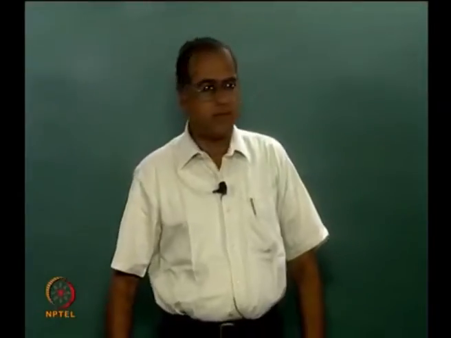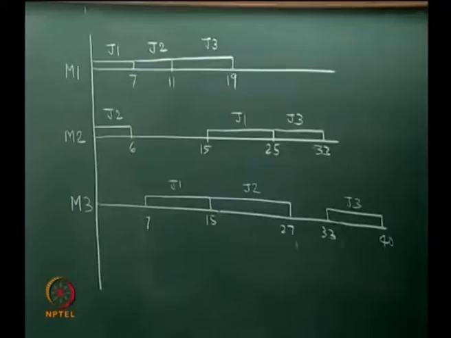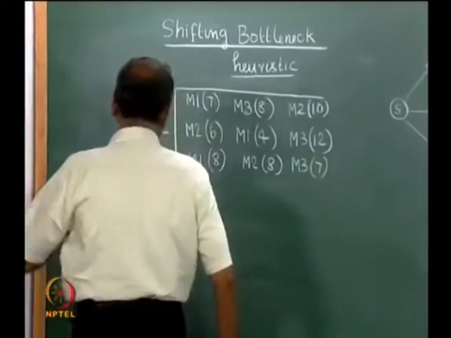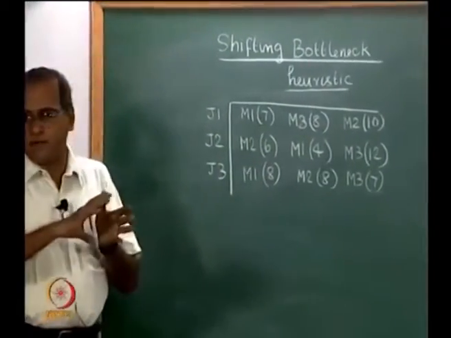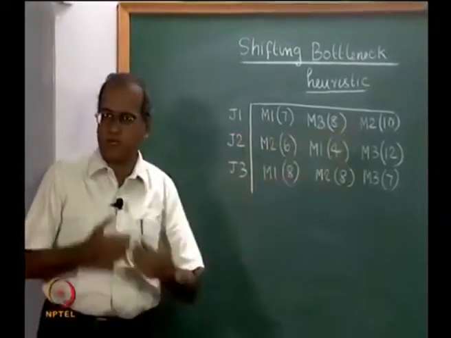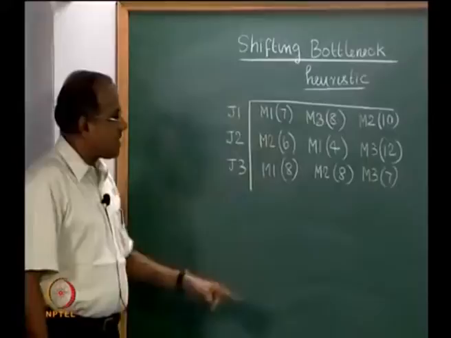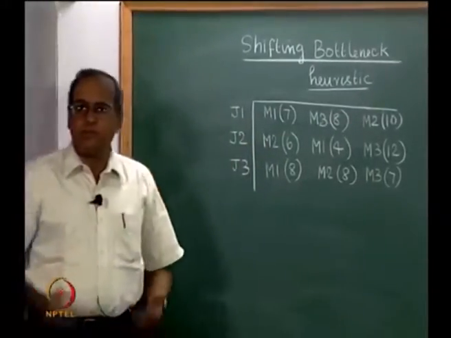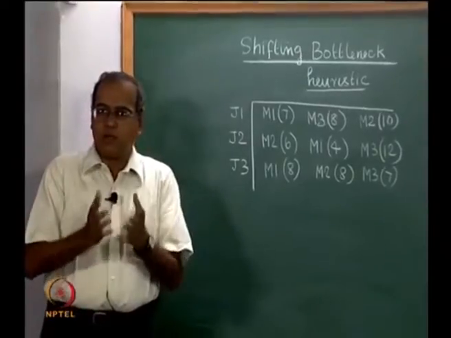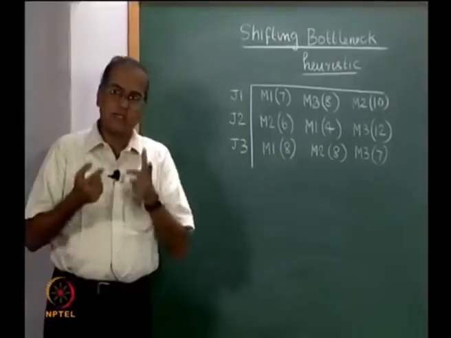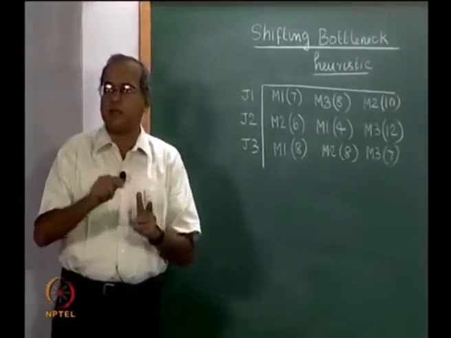on the job shop. We also said that in a job shop, as given in the example problem, each job has a definite route. So, J1 will go through M1, M3, M2 and so on. In this example, all the jobs visit all the machines. So, a feasible schedule will require that each machine now treats the jobs visiting it in a certain order.